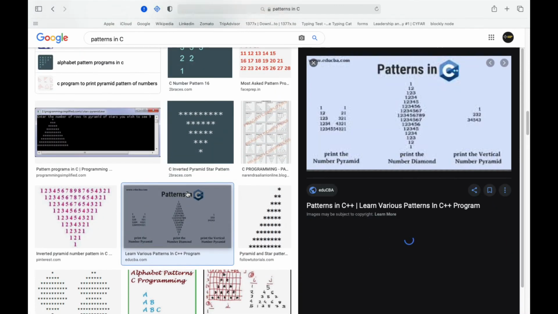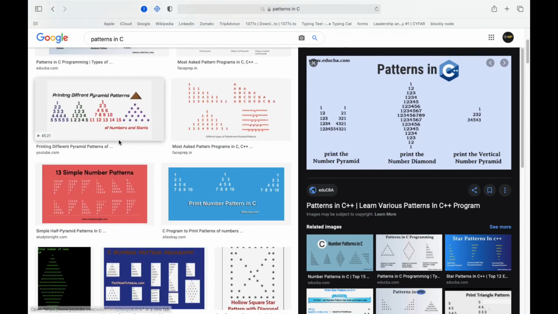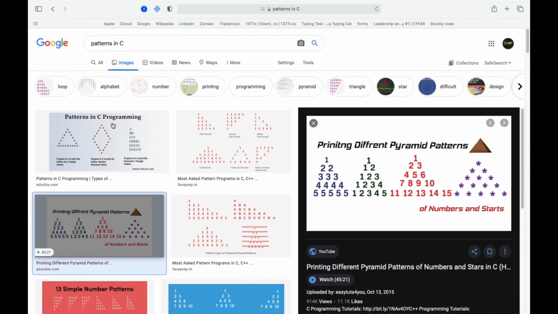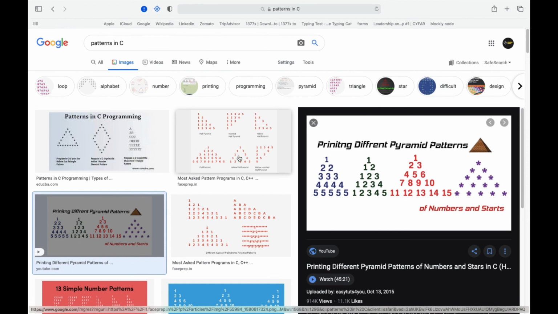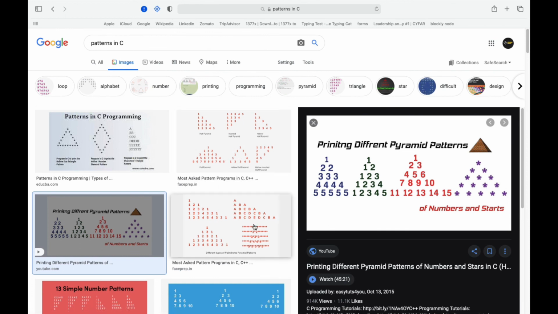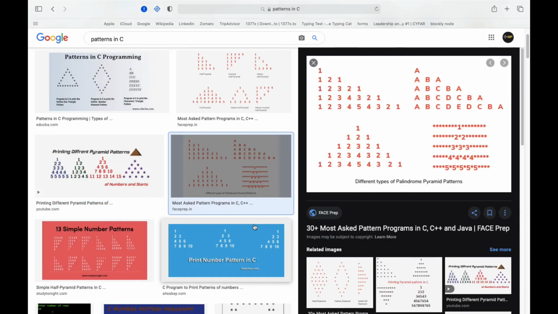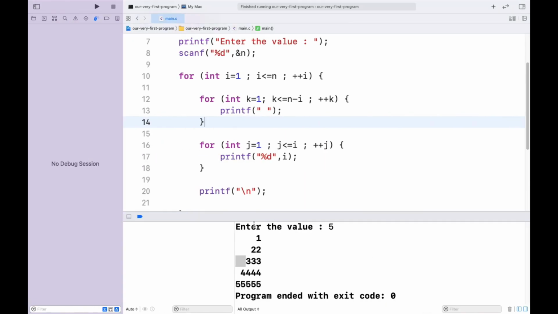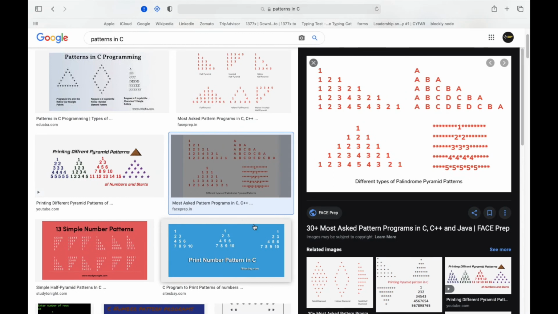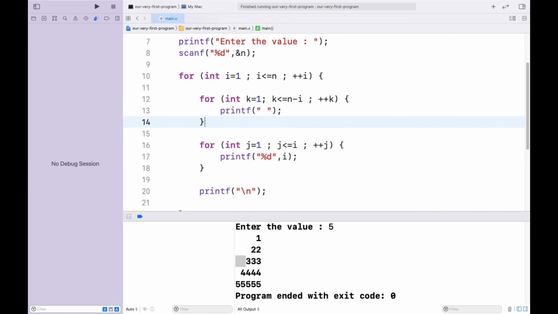I would recommend you guys to practice these patterns, and go from the easier to the complex ones. Do not directly jump to the patterns that are more complex. Okay. And the more you practice these patterns, the more your grasp will increase in these nested loops, and it will also open up your mind, it will also freshen up your mathematics.